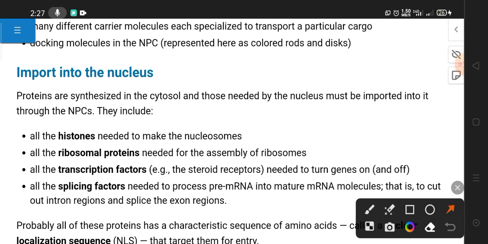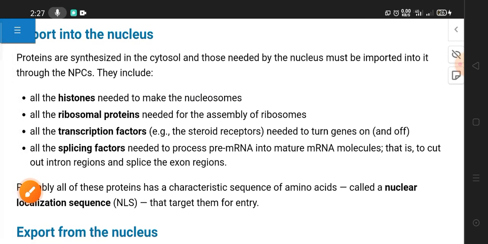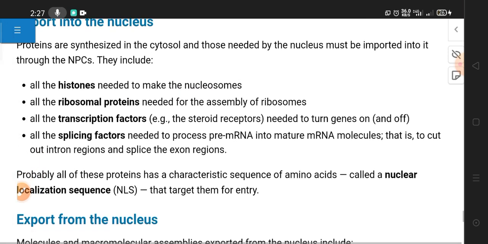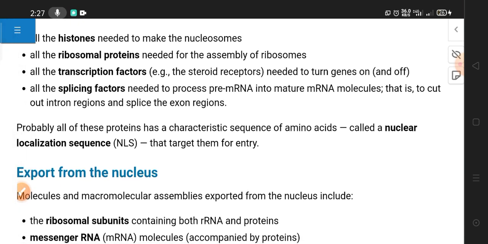They include all the histones needed to make the nucleosomes, all the ribosomal proteins needed for the assembly of ribosomes, all the transcription factors, for example steroid receptors needed to turn genes on, all the splicing factors needed for processing pre-messenger RNA into mature messenger RNA, that is, to cut out intron regions and splice the